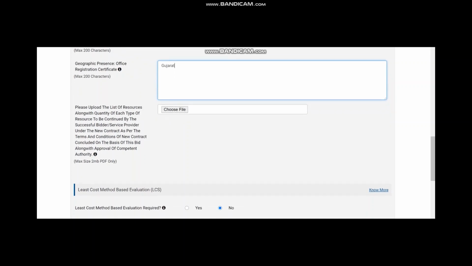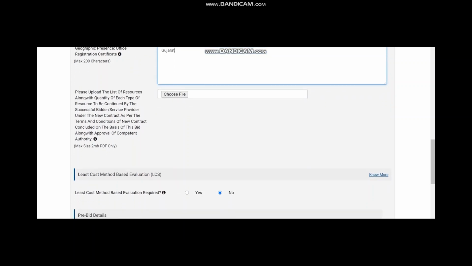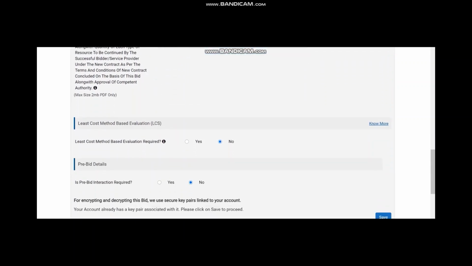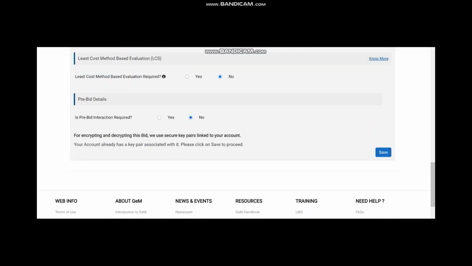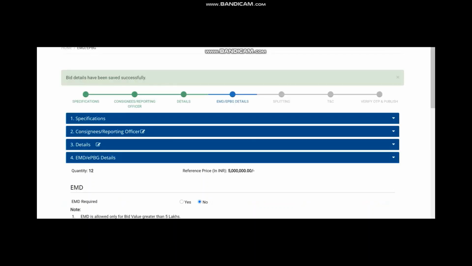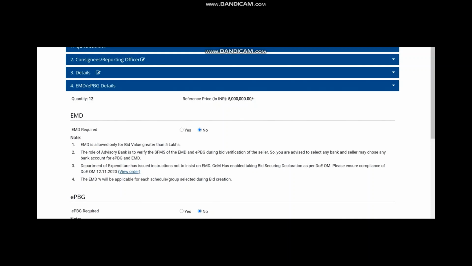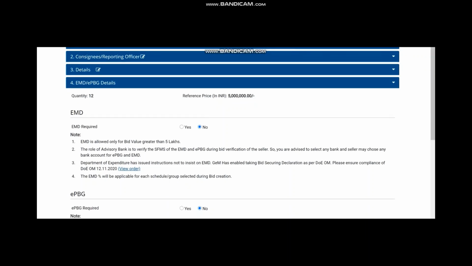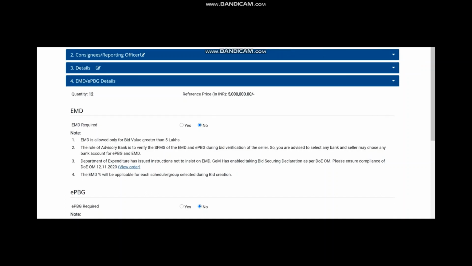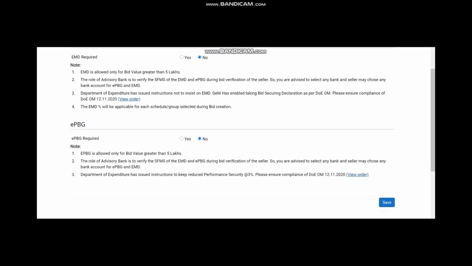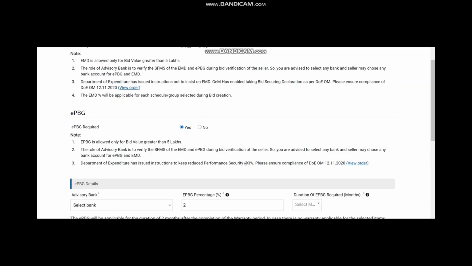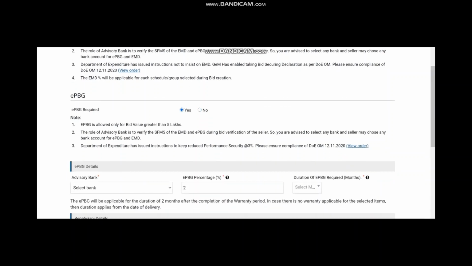And there is also a least cost method based evaluation, you can do it here. But if you are not going for that, go for L1 method. Now pre-bid details, if you want a pre-bid meeting, you can go for that, but generally in this case you don't go for that. Go to the next page where you have to go for EMD and EPBG. Now as per the new rule, EMD is not to be taken, so you say no. And for EPBG, the new rule is that up to 3% you will take it.